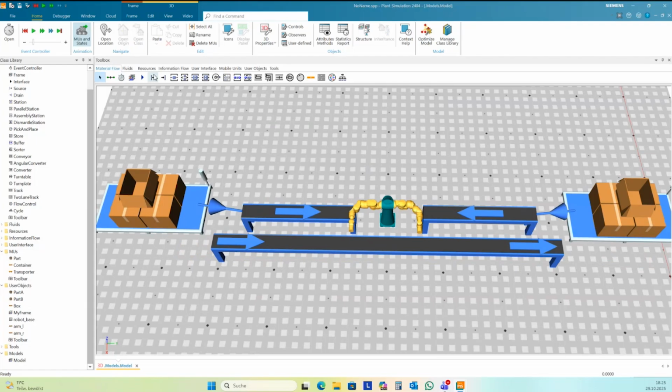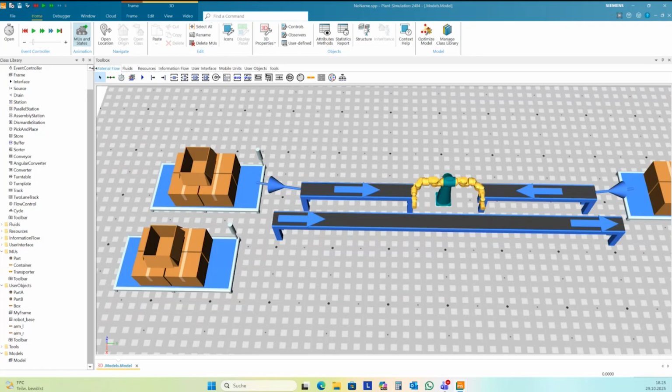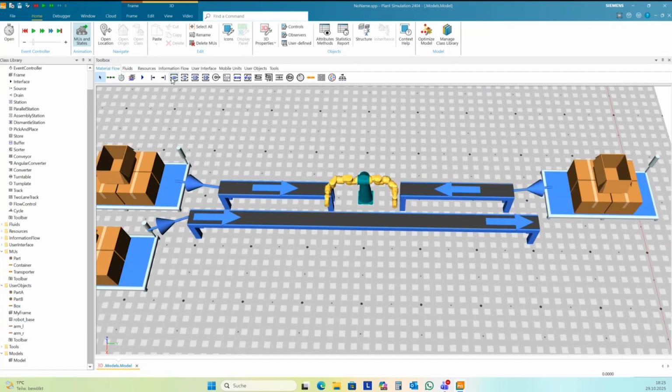And I want to create a box. And then one drain. And then I have my basic setting.